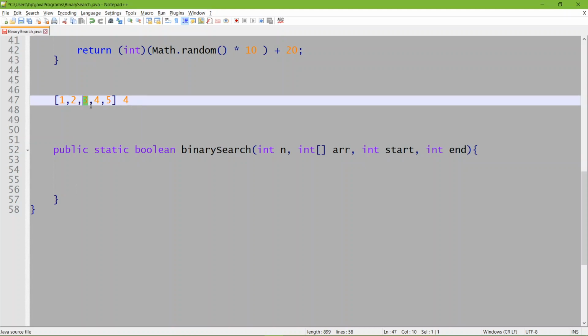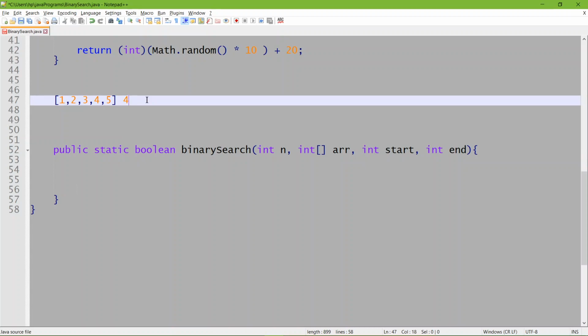We'll find the middle element and then compare it to the element that we want to search. Let's say we want to search 4. We'll compare it with 3. Now 4 is greater than 3, so it's pretty intuitive where 4 will be found: to the right of the 3, because all the greater elements lie on the right side of the middle element, because this array is sorted. That's how binary search makes pretty clever use of the condition that the array is sorted. It can be in decreasing order also, but that's how it works.